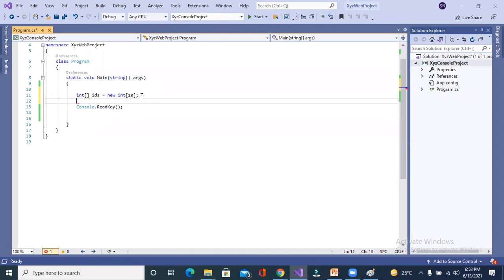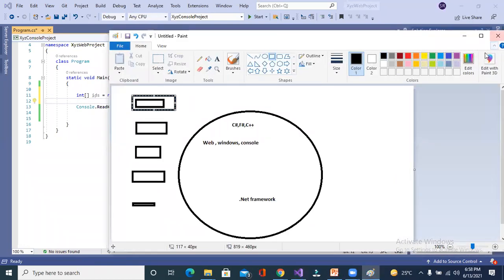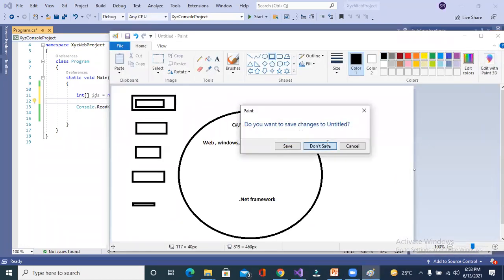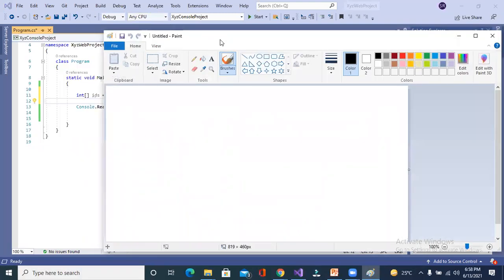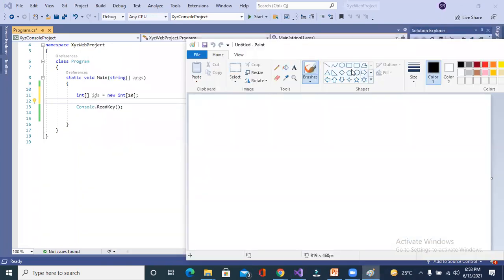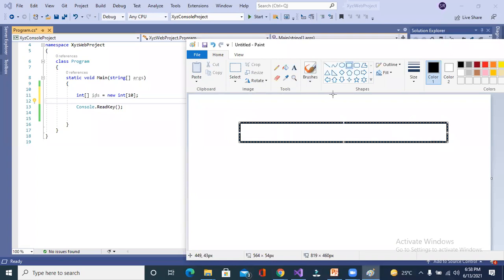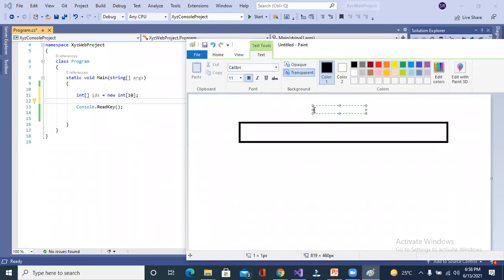Now, second thing, let me make one drawing so that I know you have read these things in your C#. What you did, you created one array. Which type of array is this? Integer. It will check what is the length of the array. What did you define as the length of the array? It is 10, right? Yes, sir. 10. All are getting this point?